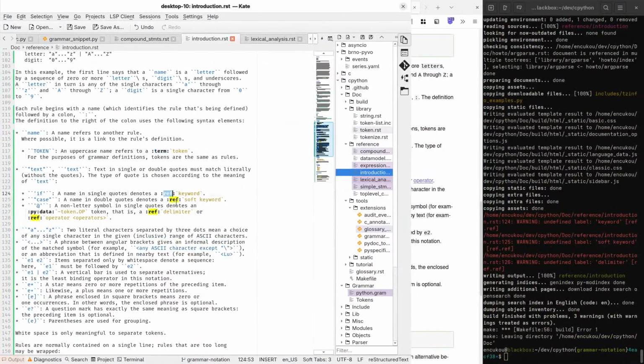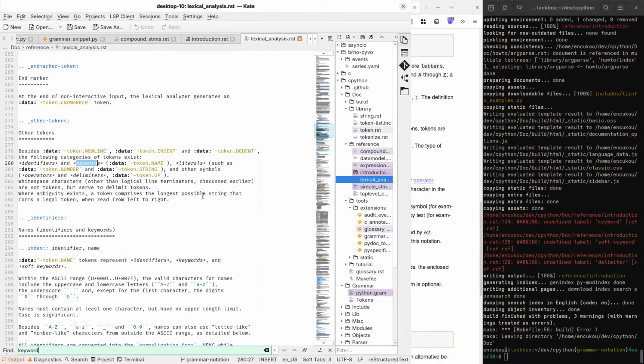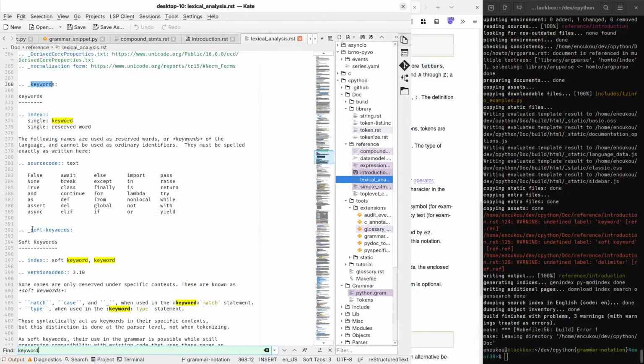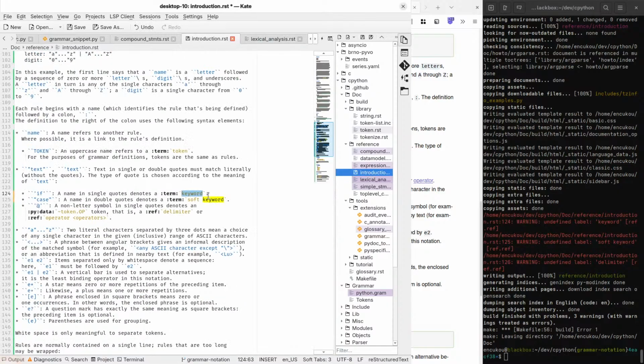I guess it's a term, hopefully. Delimiter. Wait, I should have somewhere. Keywords. Oh, all of these are plural. Soft keywords with a dash, delimiters, and that means we need to use this syntax for all of them.